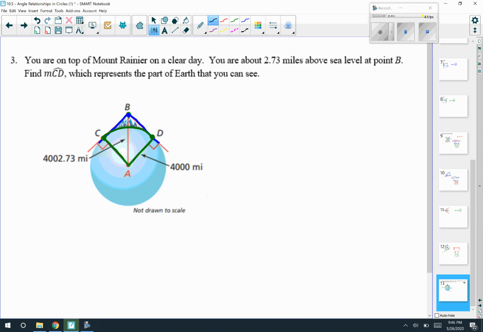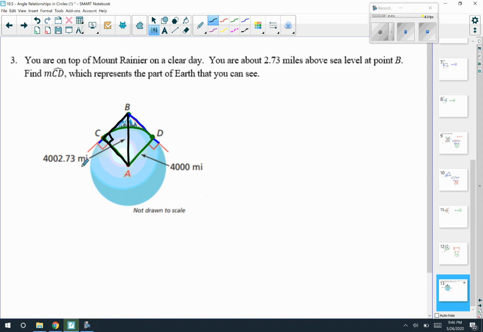There's a couple ways to do this, so if you figure out a way that's different than mine, fantastic, but I'm just going to do it in what I see as the easiest way. I'm looking at this triangle right there. I know this is 90 degrees because I'm dealing with a tangent line, and if that's marked 90, then that's 90. Which means I know the hypotenuse is